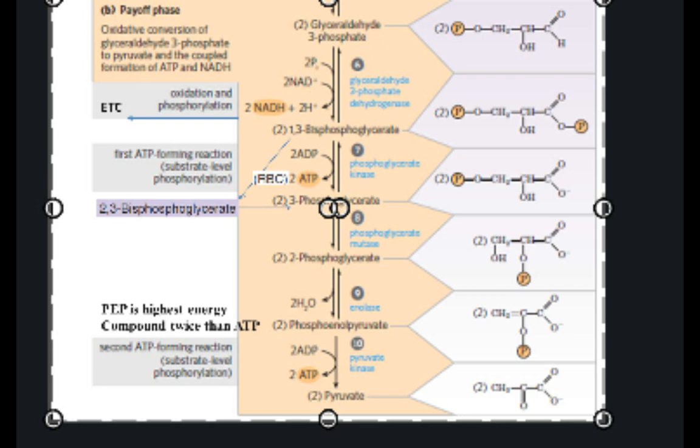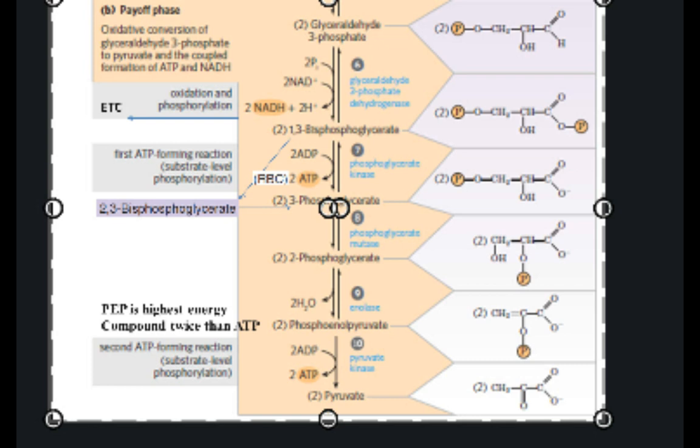1,3-bisphosphoglycerate is basically... 1,3-bisphosphoglycerate can be converted into 2,3-bisphosphoglycerate. I forgot to mention one thing, that the 5 steps which we discussed in the last slide, these are basically